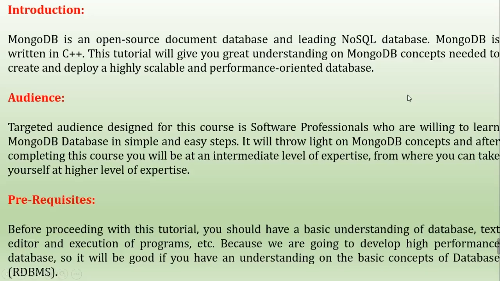Introduction. MongoDB is an open source document database and a leading NoSQL database. MongoDB is written in C++. This tutorial will give you a great understanding of MongoDB concepts needed to create and deploy a highly scalable and performance-oriented database. The targeted audience designed for this course is software professionals who are willing to